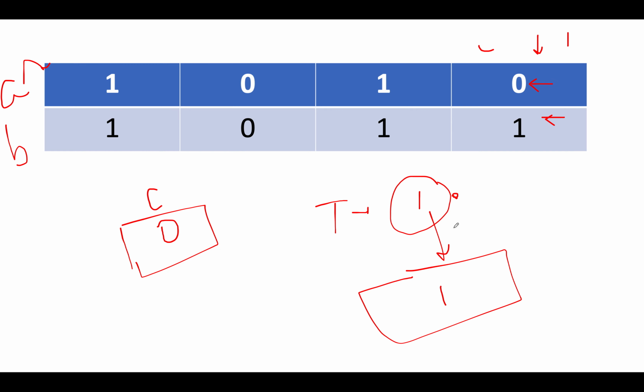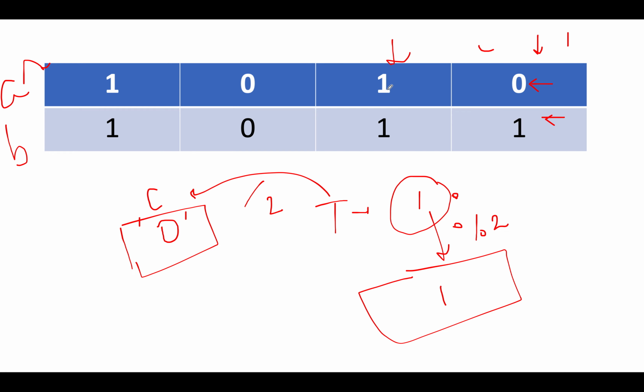So you take the modulus operation, modulus of 2, and add it to the result. Also, for updating the carry value, you will divide total by 2. So this is division by 2, this is modulus by 2. So 1 divided by 2 still remains 0, and the value of carry is 0.